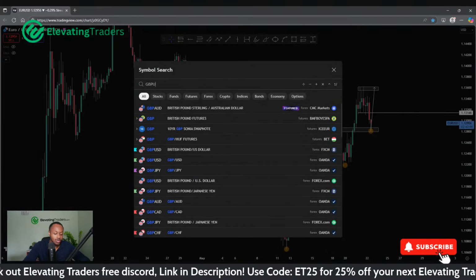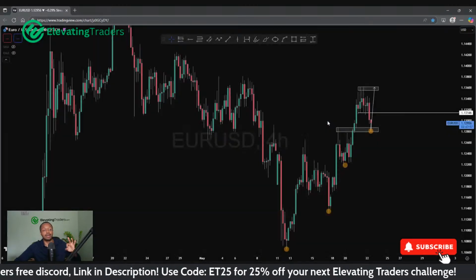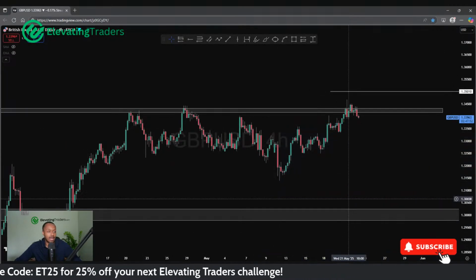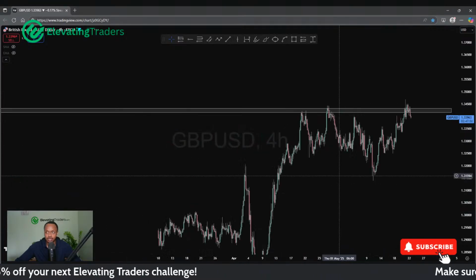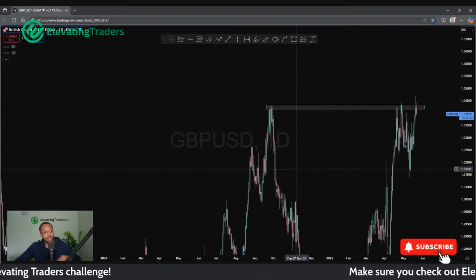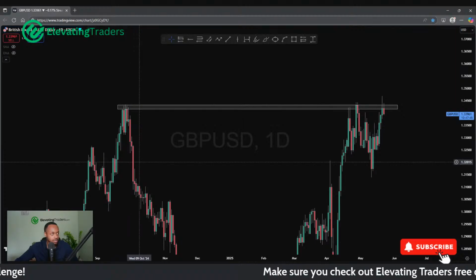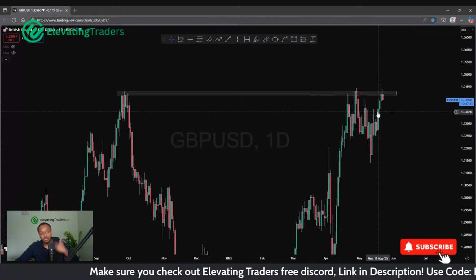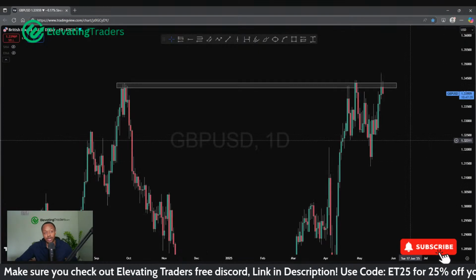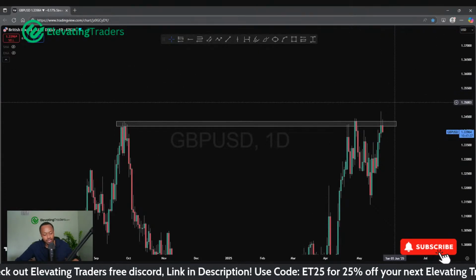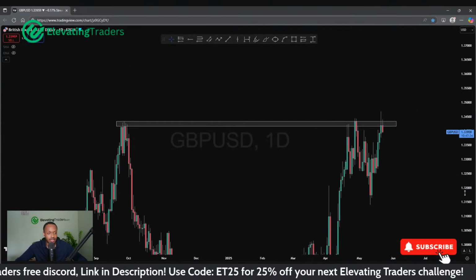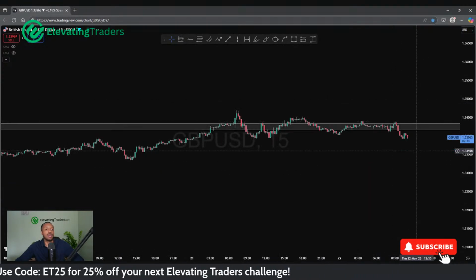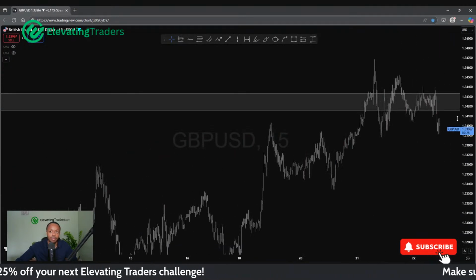In terms of Pound USD, I don't like the buys as much, mainly because we are trading in massive resistance. As I've spoken about previously, look to the left there, major resistance, a humongous sell to the downside, and now we're back there again. So I wouldn't really be looking to try and buy into that. Even if I expect price to break the high, I wouldn't want to be buying into that regardless. I'd wait for price to break the high, and then look to buy on a break and retest or something like that.